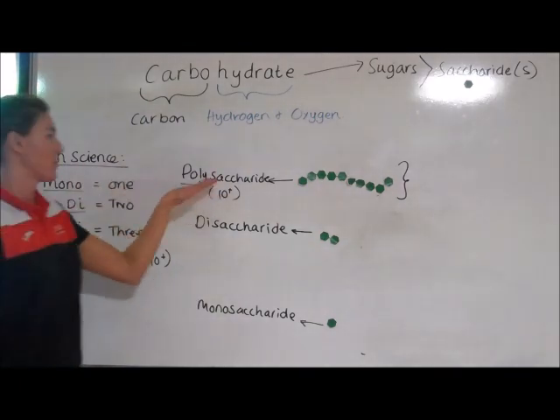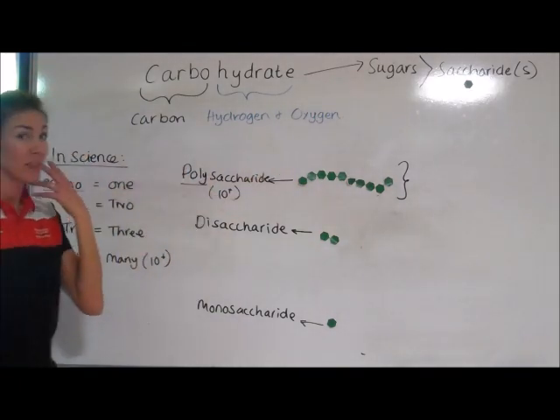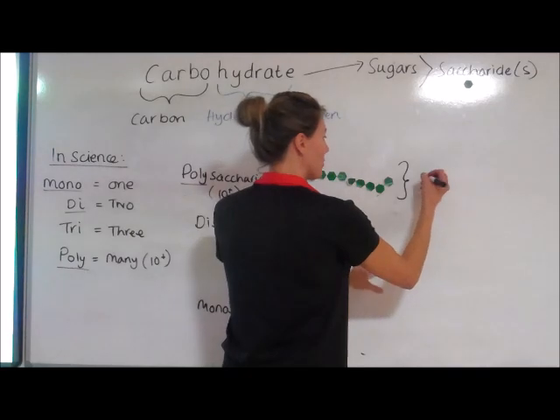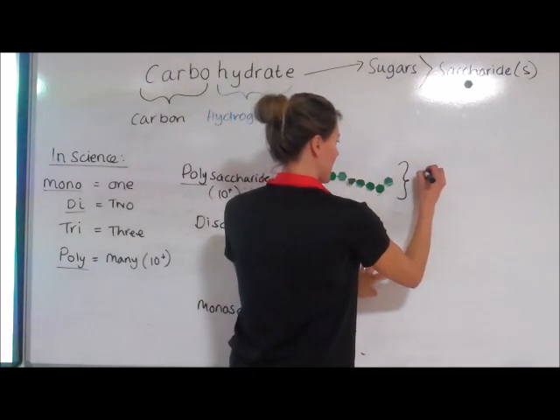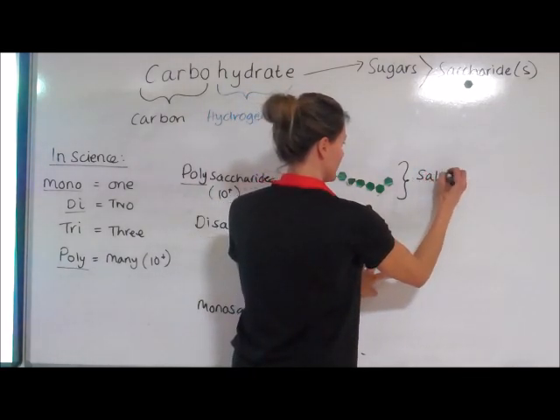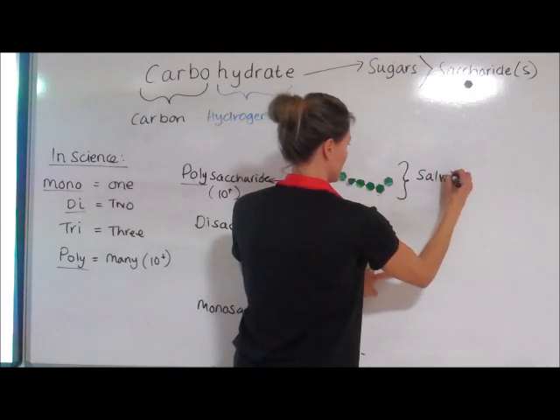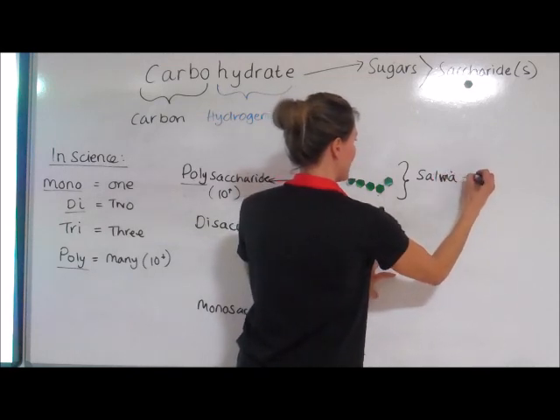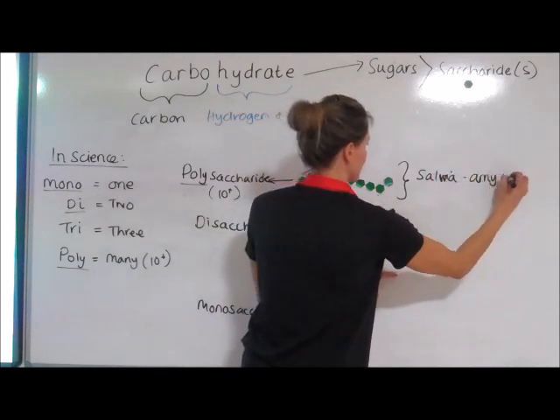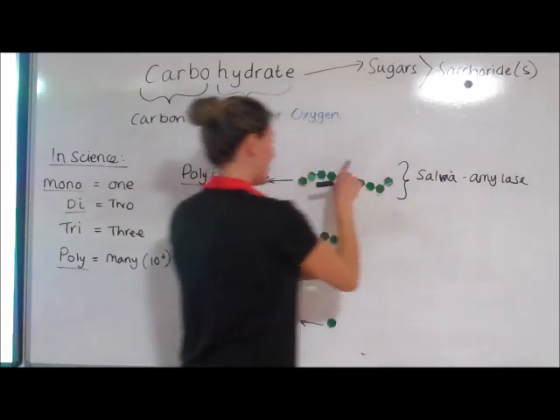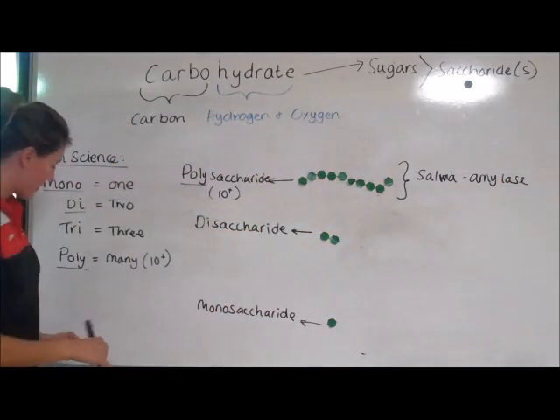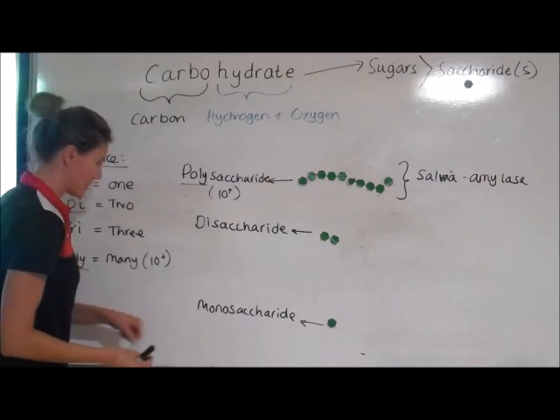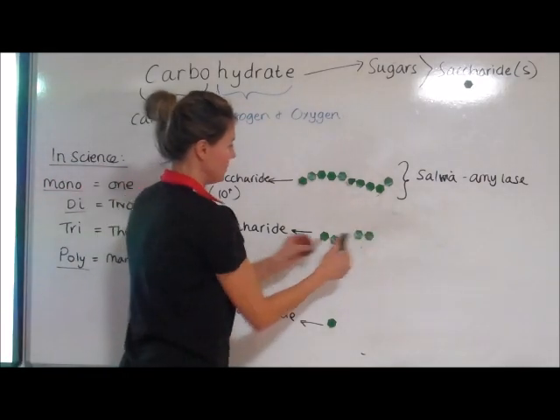Its first contact with a polysaccharide is within the mouth, or the buccal cavity, and in our saliva we have amylase. Amylase starts to work on this polysaccharide, and it breaks it down